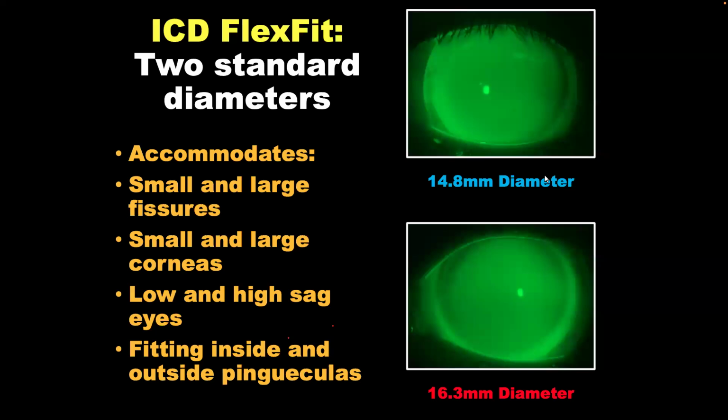With ICD, we have two standard diameters that can accommodate small and large fissures, severe prolate corneas or oblate corneas, high and low sag eyes, and fitting inside and outside pinguecula. We have two diameters, like I was mentioning, the 14.8 and the 16.3, and we're going to talk a little bit about